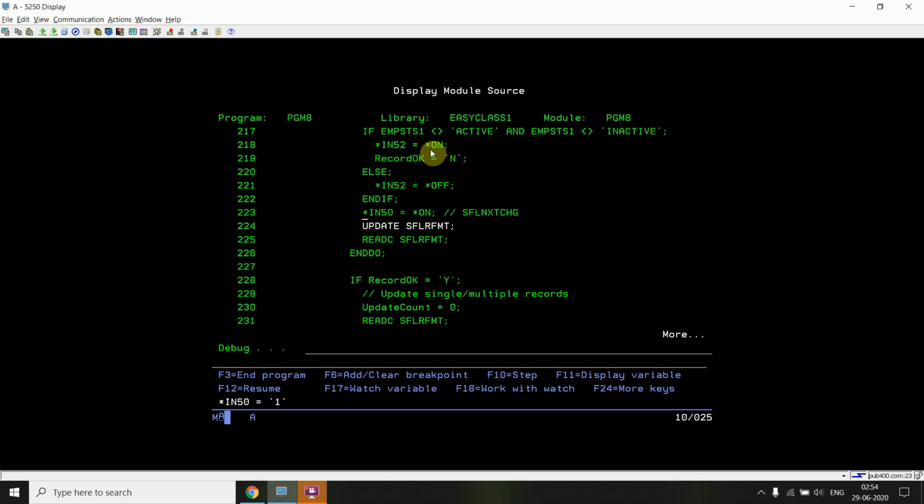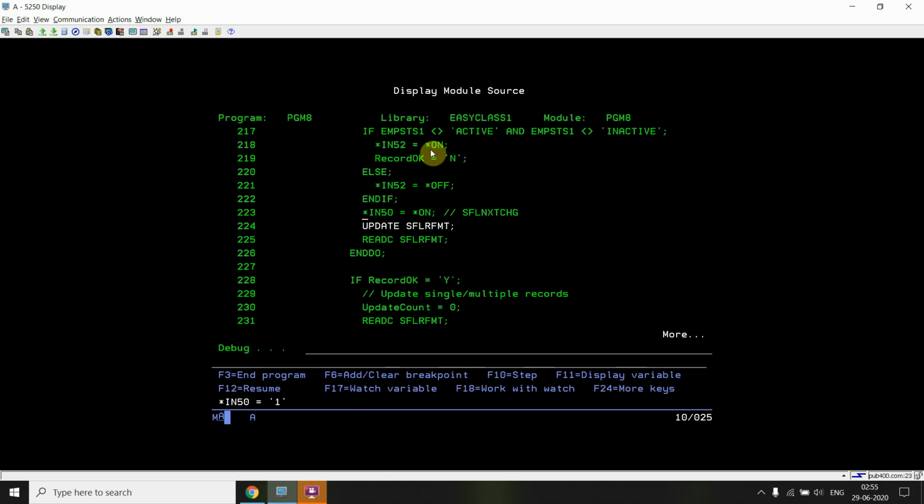and update them to the file, as well as to the record format, the subfile format also. Now how can I do that? When I do the READC operation again, I'm not getting any change records, since at the first point when I did READC for the first time after changing the records, that flag was set to on and I was able to read the change records and validate them.